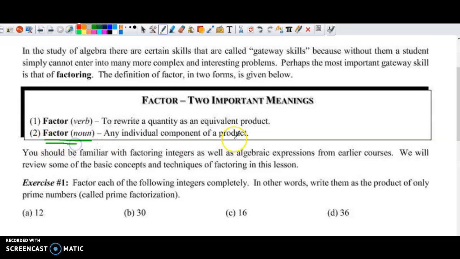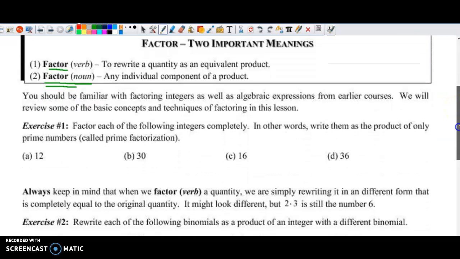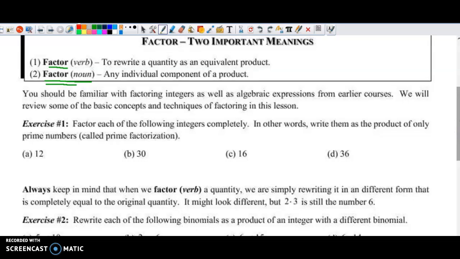Now, you've probably heard a factor before, and when we talk about the factor as a noun, we're just talking about the numbers, and usually it's a number, but it says individual component of a product. Whereas when I talk about to factor, it's rewriting as an equivalent product. So as we get into example 1, exercise 1, we're just talking about how we could rewrite this